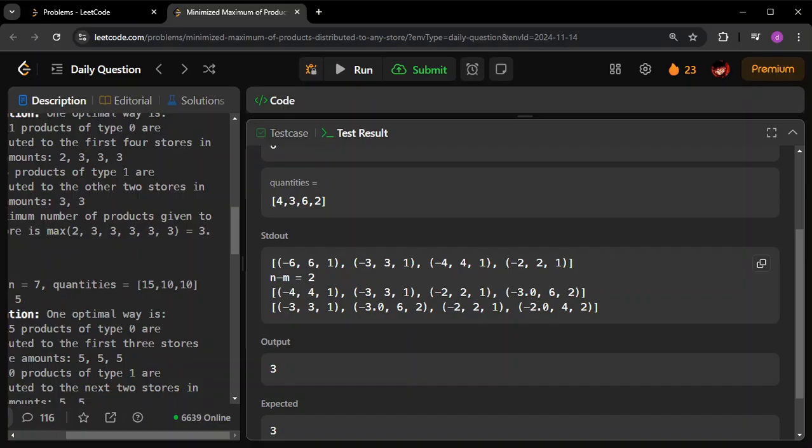Okay, so this will become 6 comma 2. Now find the average, so it will become 3. Okay, 6 divided by 2 is 3. So just include a negative sign again, so this becomes like this. Okay, now it is sorted after that. So after sorting it looks like this.